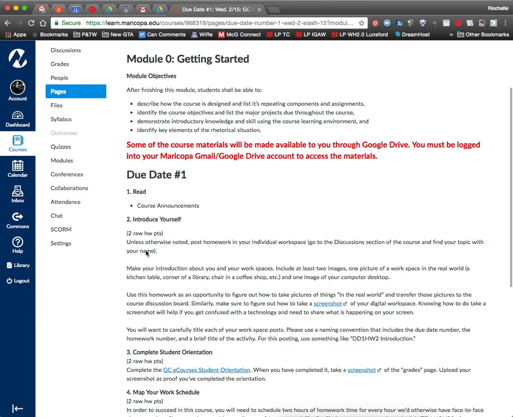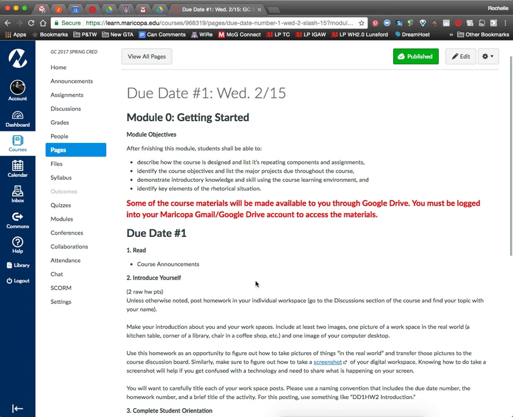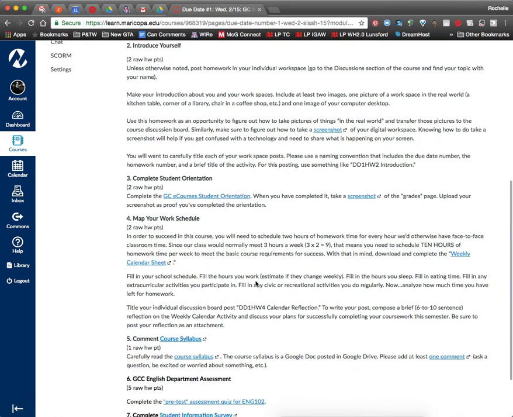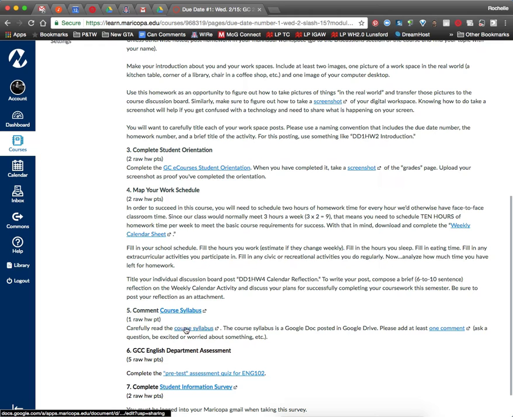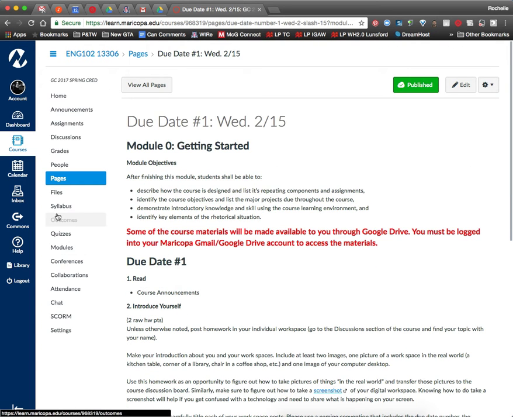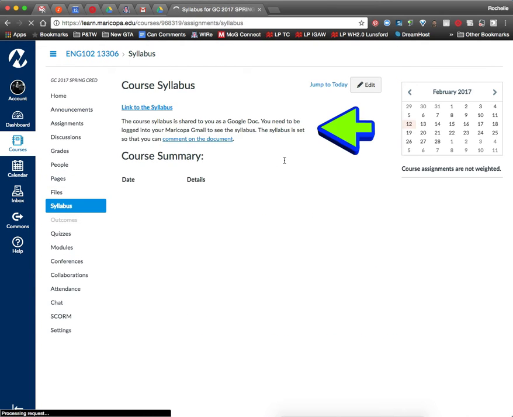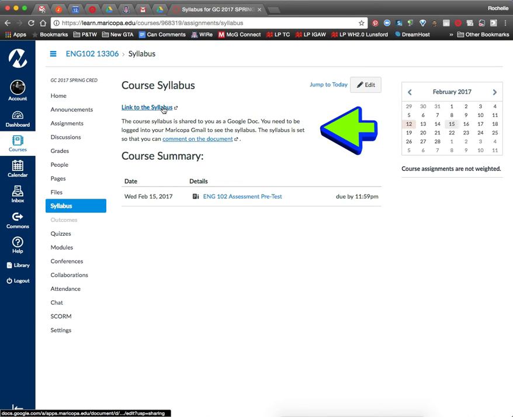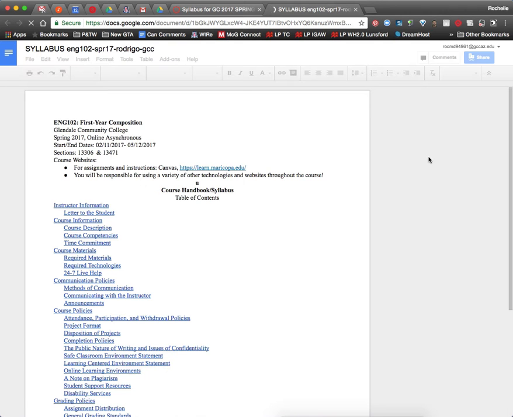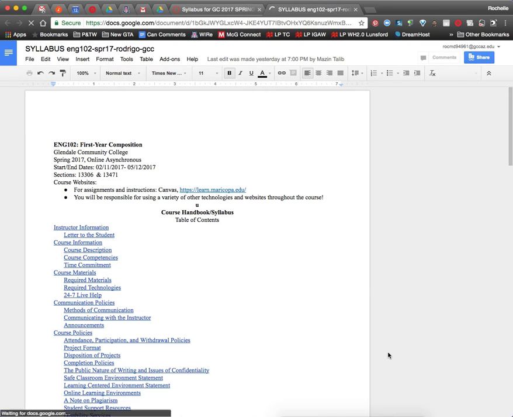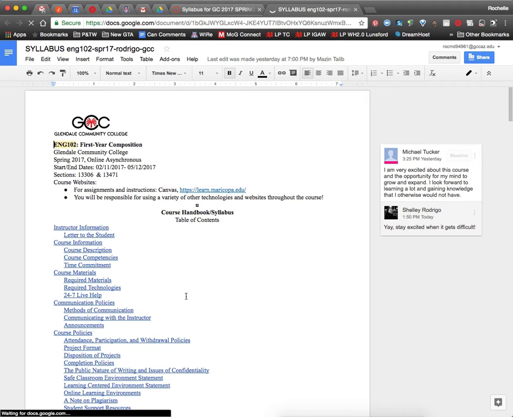Now, we will be doing a lot of work in Canvas. We will also be doing coursework in Google Drive. So hopefully you've noticed already, either down here if you looked at due date 1 or over here on the left if you went to the syllabus, that the course syllabus is not in Canvas, it's in Google Drive. The reason it's in Google Drive is because that allows you to ask questions on top of the document. You'll get to do the same thing for assignment prompts, and when you draft your own work, you will